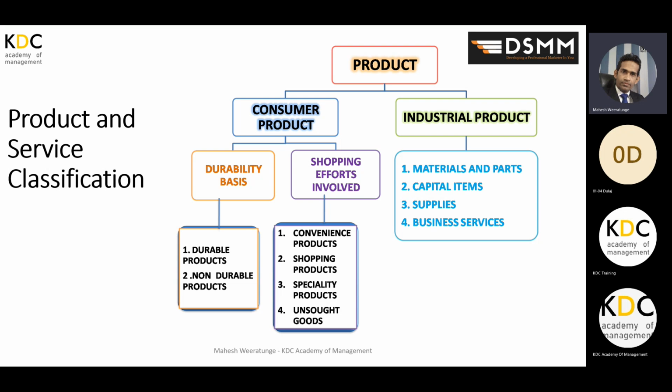Another product category we identified is the shopping product. Shopping products are a bit different compared to convenience goods. Why do we call it that? Because you put a bit of additional effort into selecting the product. Let's say you want to buy a pair of shoes. Let's say you want to buy a watch. Let's say you want to buy